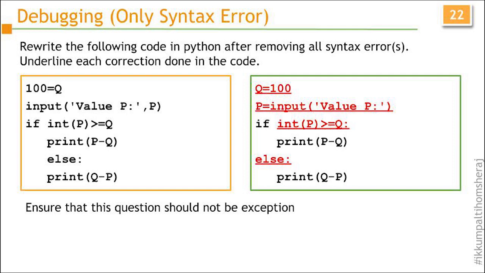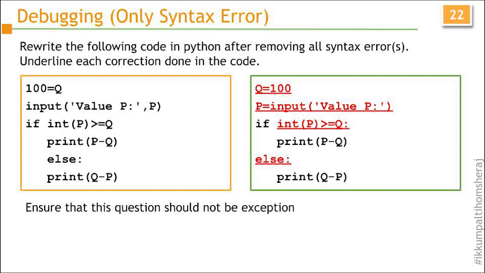The next one is that the colon is missing in the if statement. And the next one is that indentation is not proper, so indentation has to be fixed. So these are the 4 errors. Now, one very important point: if it is a 2-marker question, do not give 3 errors or 2 errors or 1 error. That will confuse the child. Or if you have 2 errors which are of a similar nature, that can be considered as 1.